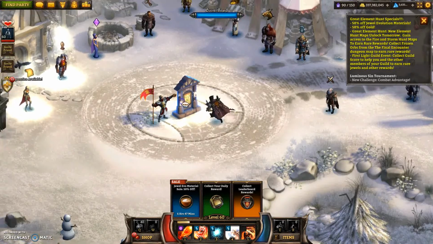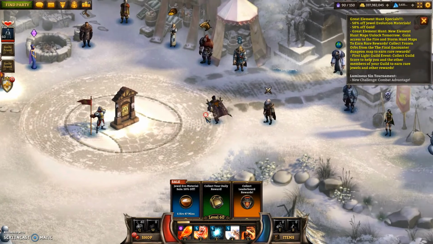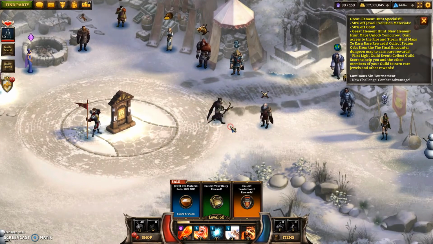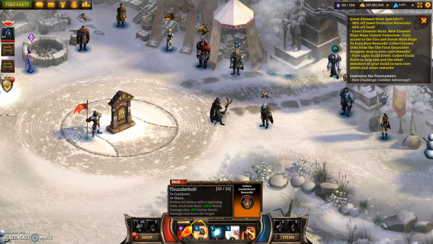Hey there everyone, today I'm going to be doing an event guide for the Corrupted Light event. Now this event changed after the original release, I believe, because I found it really easy before it came out, and now it's really tricky. So I'm not going to be so great doing this event guide. I haven't had a successful run yet without any deaths, but yeah, so my normal setup here, you might see